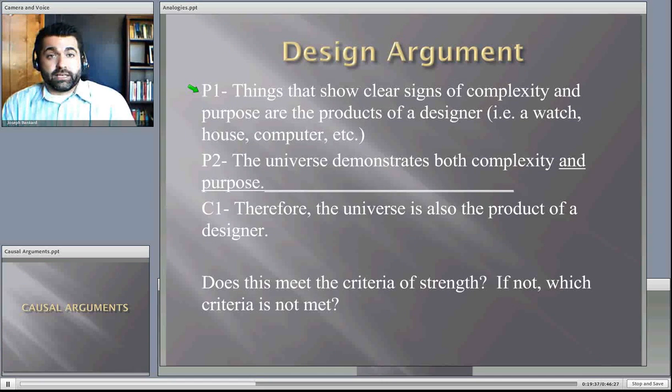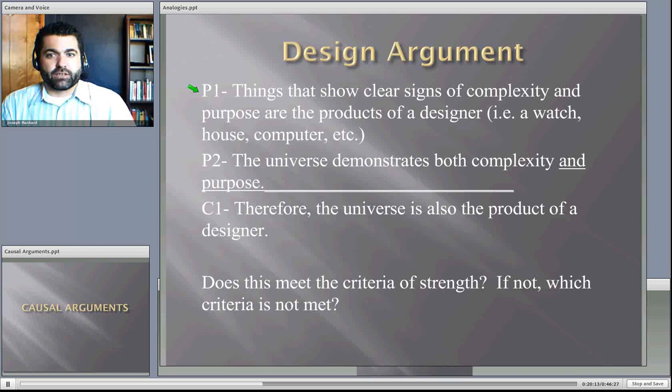You walk on a beach, you see a watch, it's keeping time. Do you assume that that watch came together by accident, or do you assume it had a designer? The idea was, of course, you assume it has a designer, because we recognize that when something like a watch, which is complex, it has a bunch of moving parts, and those parts come together to perform a function or have a purpose, we say it must have been designed. The wind didn't just blow these parts together randomly or by accident to make this happen. So when we see signs of complexity and purpose, there is often a designer, and with a watch that's true.